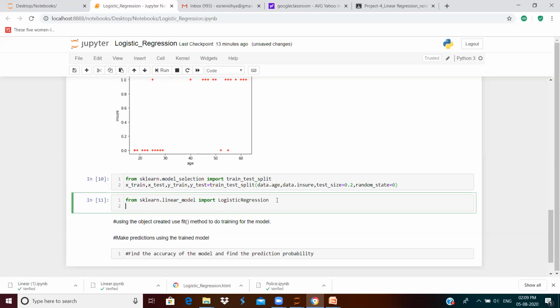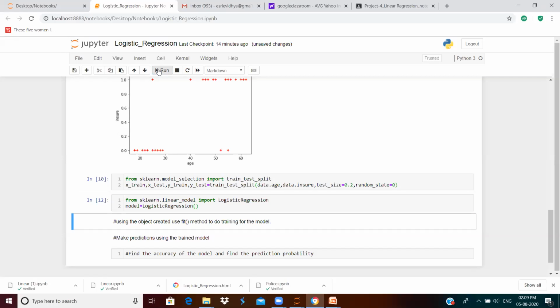Now we will have to create an object for the logistic regression class. I'm going to have my object name as model. We have created an object of the logistic regression class.